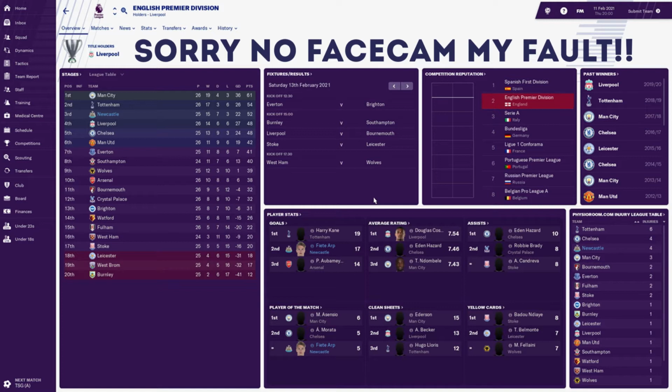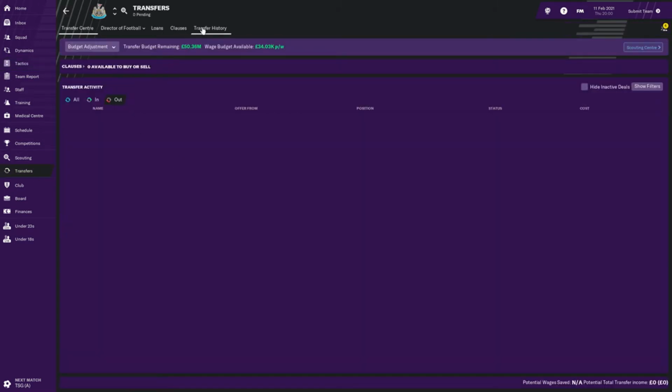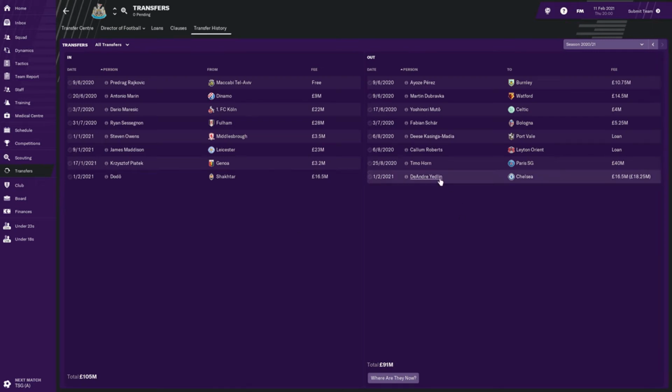Just couldn't get the goals past those 2 goalkeepers. Say 7.5 and a 7.0. Very unheard of in FM, but just one of those things, unfortunately. We have made a transfer in and a transfer out, and the transfer out is DeAndre Yedlin gone to Chelsea,